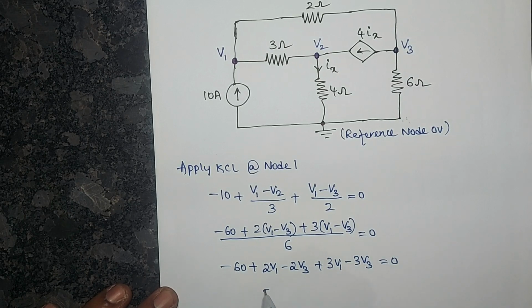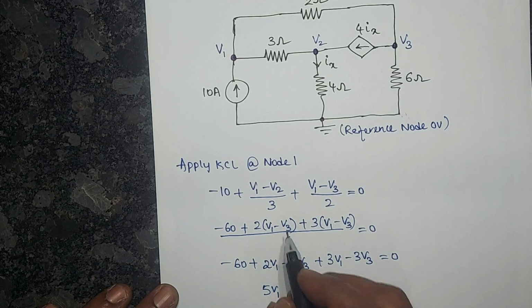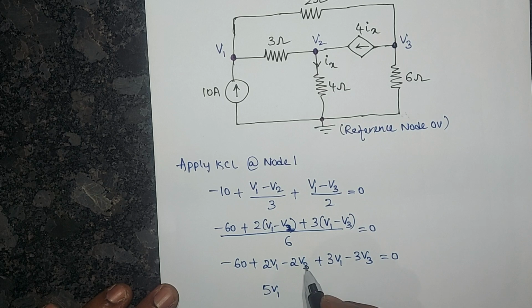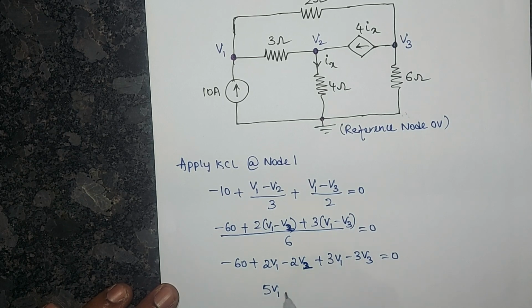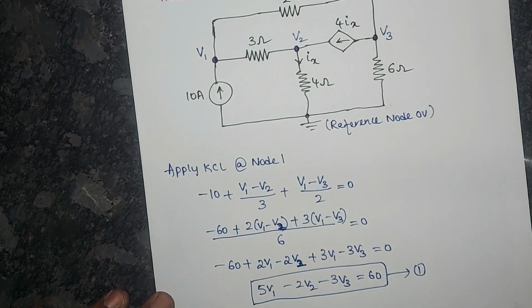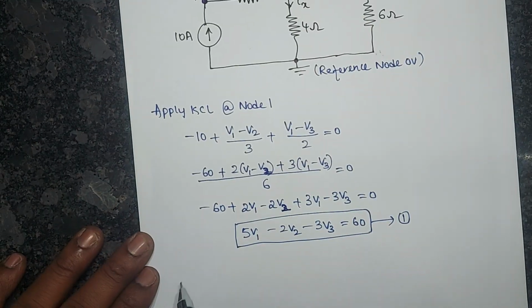So now we got 5V1, sorry, this is V2. Okay, this is V2. Next, 5V1 minus 2V2 minus 3V3 equal to 60. So this is your first equation for node 1. Okay, next, in the same manner, apply KCL